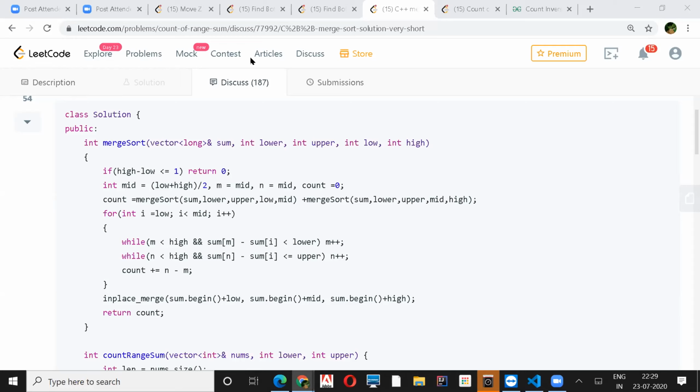You got my point. Whenever we are doing a cumulative sum, you always do a cumulative sum of the previous value with the current one, correct? Correct, yeah. So therefore, the one value which is lesser in the cumulative sum already has that element in it.